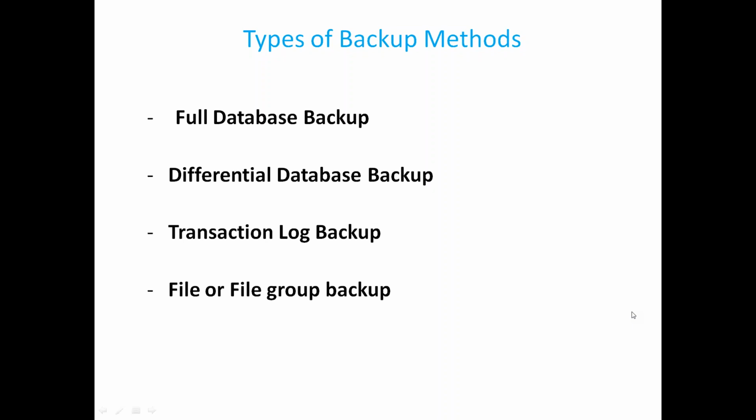And what exactly does a full backup mean? A full backup, as its name says, takes the complete backup of your database. It's something like a dump, the entire database dump into a backup file, and we give an extension to that backup file, and that extension is .bak. When we take a full backup of a database, we give that backup an extension called .bak, and the next is a differential database backup.